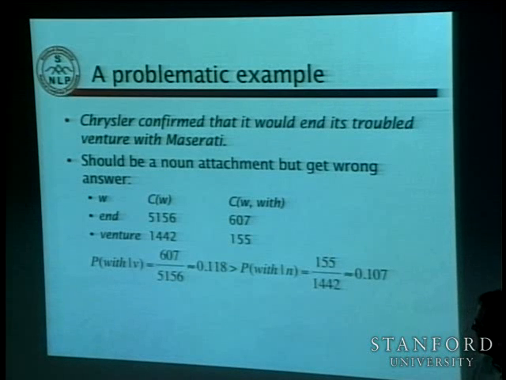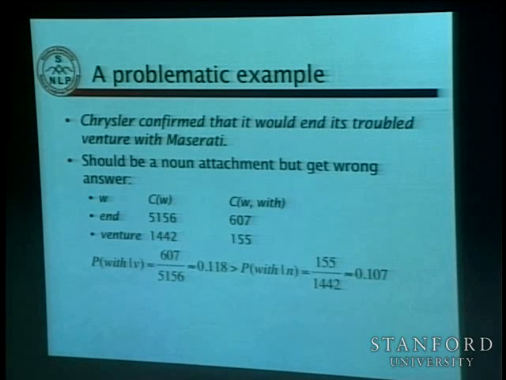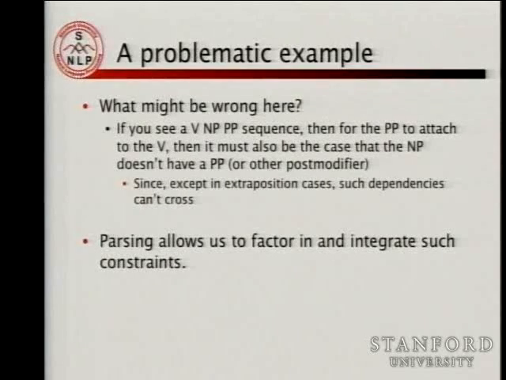So it seems like for this example, what we're really doing if we do an attachment of with to end is we're implicitly also making a decision that venture doesn't have any modifiers coming after it. And we weren't modeling that decision at all, which is sort of what it says on that slide. And so